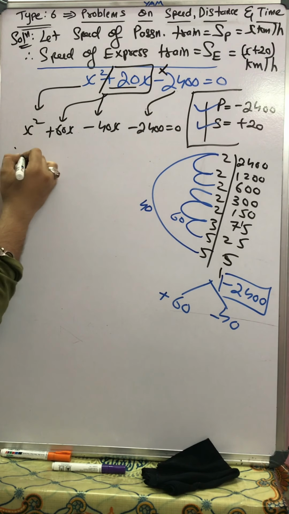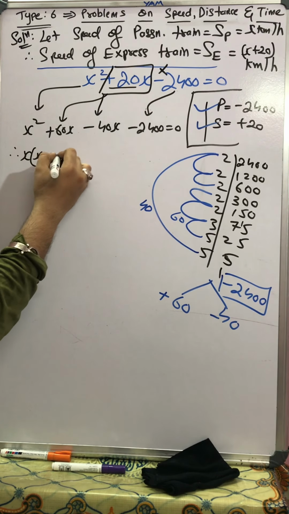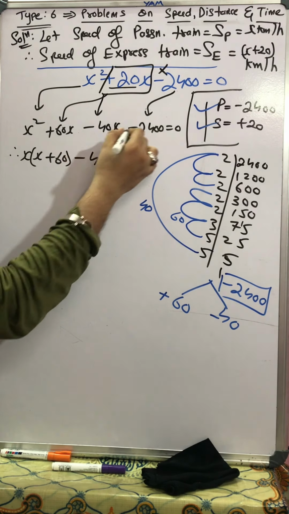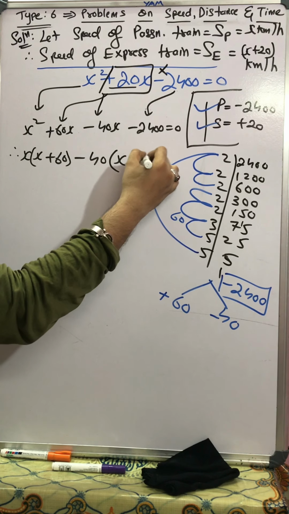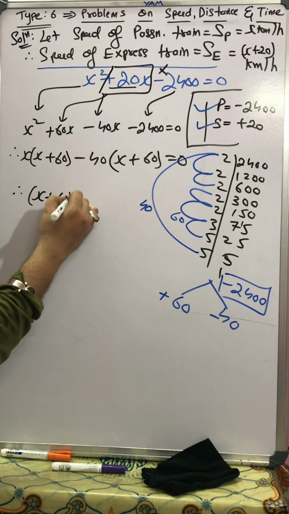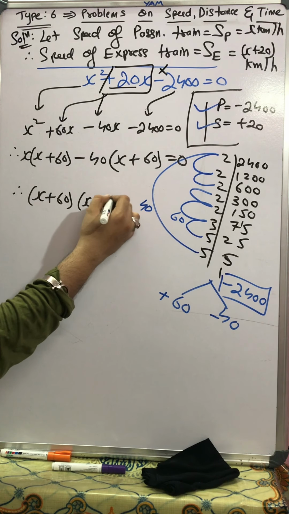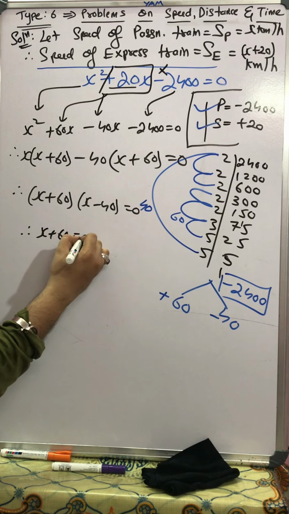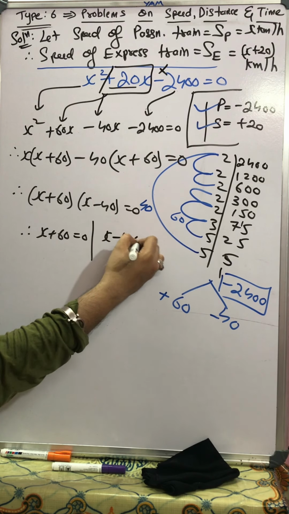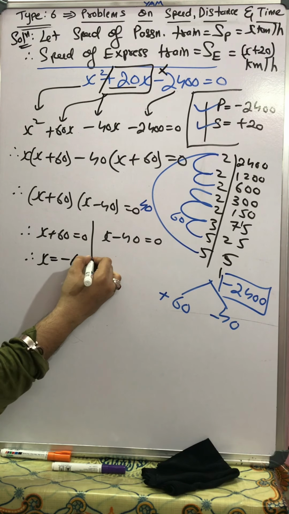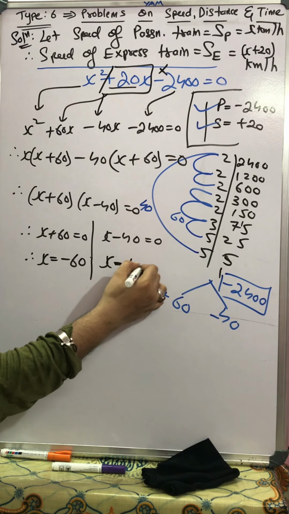Okay, therefore x common, this will become x plus 60, minus 40 common, this will become, because minus is taken common, x plus 60 is equal to 0. Therefore x plus 60 and x minus 40 is equal to 0. Therefore either x plus 60 is equal to 0 or x minus 40 is equal to 0. Therefore x will be equal to minus 60 or x will be equal to plus 40,